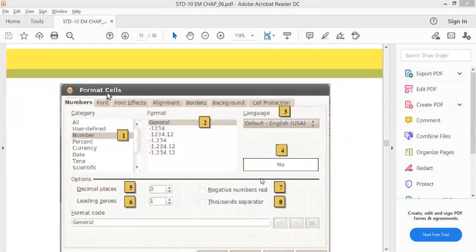See, I already showed you. Suppose I write here 2547. Which type of format do you want to give this? Just right click, format cell. See numbers: general, 1, 2, 3, 4, currency, percentage. Which type of number do you want to display here? All this will be here. Number, general, language, decimal places, negative number.